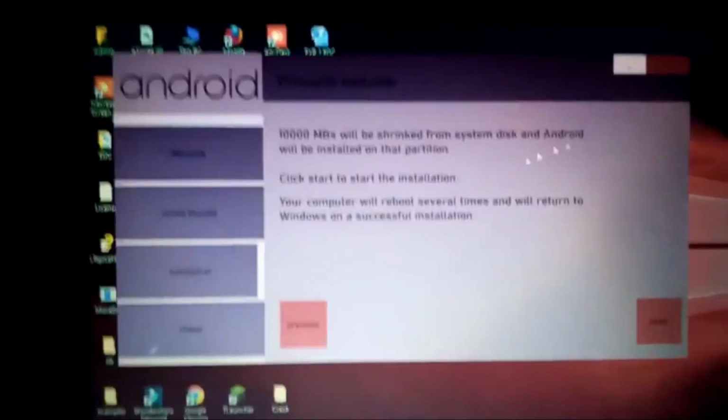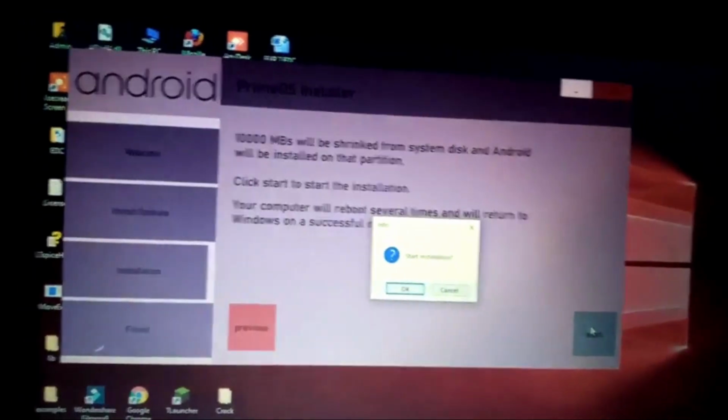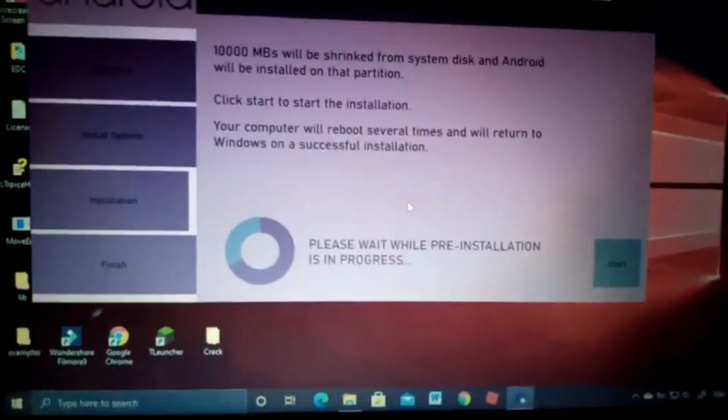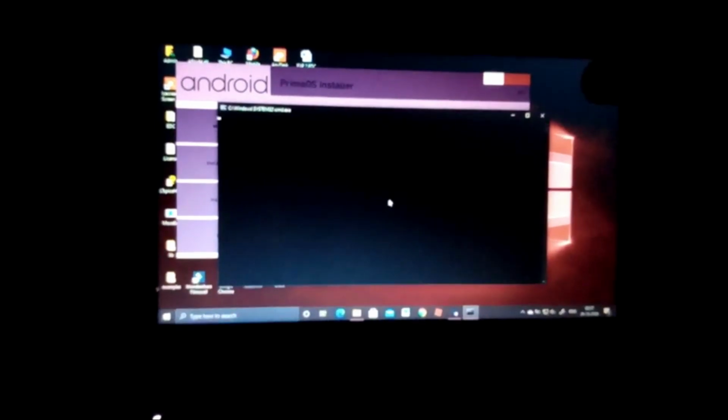Alrighty guys, sorry for the shaking video quality, because I switched to my phone, because after this installation I could not record on my PC. Obviously it would not load that properly, and it restarts the computer several times, so that is also one issue right there. So it does some command prompt for you. You don't have to do anything, you have to just sit back and relax. Do not touch your keyboard or mouse. It will do some command prompt thingy.